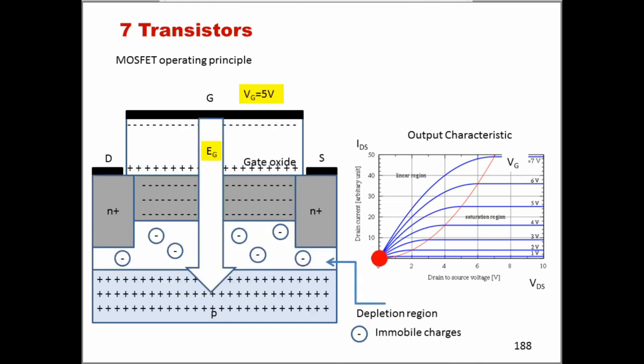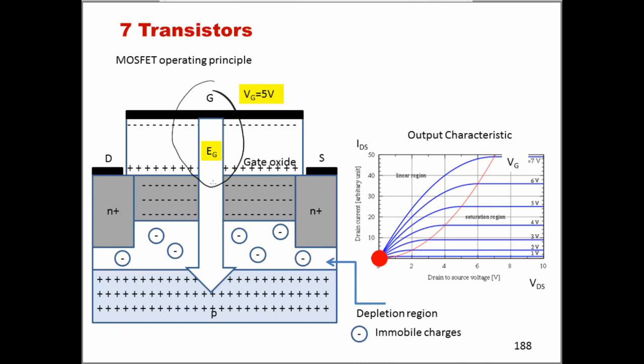So in order to do that, let us imagine first of all that we apply a certain positive bias on the gate contact. Let us say 5 volts. On the drain and source we are applying nothing yet, so we can imagine that they are at 0 volts. So this means that the MOS stack that sits on top of the transistor, this is our MOS stack, or capacitor if you like,